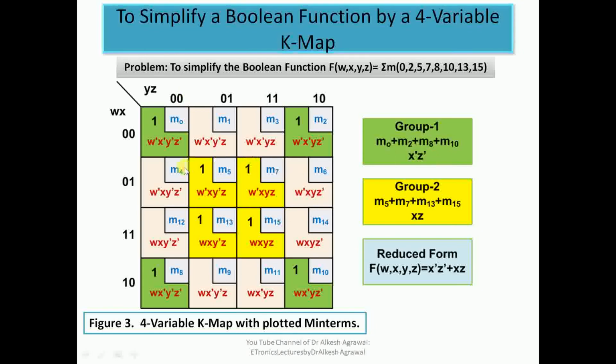If we focus on this group of four minterms, we'll focus on WX, where WX is 0 1 and 1 1. So what is changing is W and what is fixed is X. So we have X over here. And if we look into these two columns for YZ, here Y is changing, Z is fixed, so Y is removed, what is left is Z. So we have the final expression XZ. So the reduced form is, from group 1 we have X bar Z bar, and from the second group we have XZ. The final expression is X bar Z bar or XZ. So this is how we reduce the Boolean function.